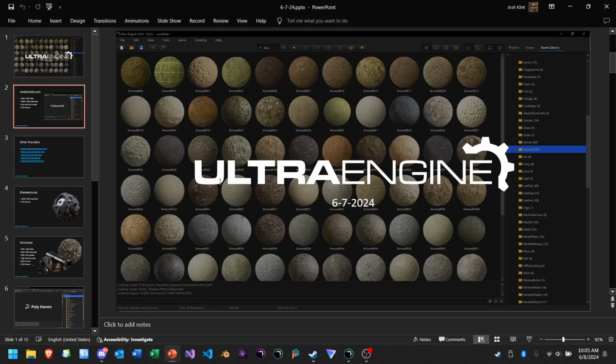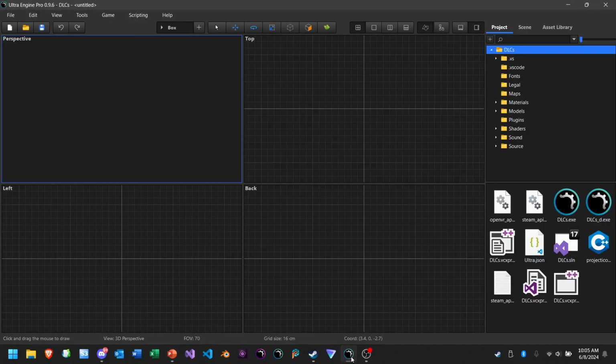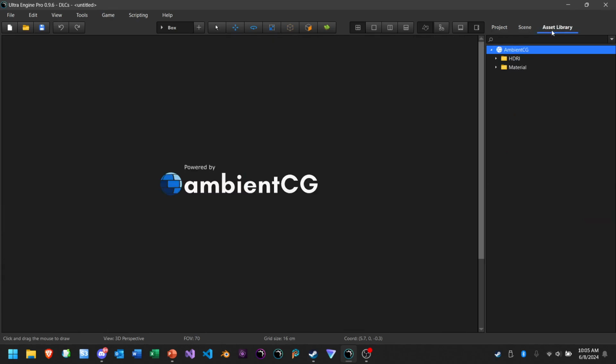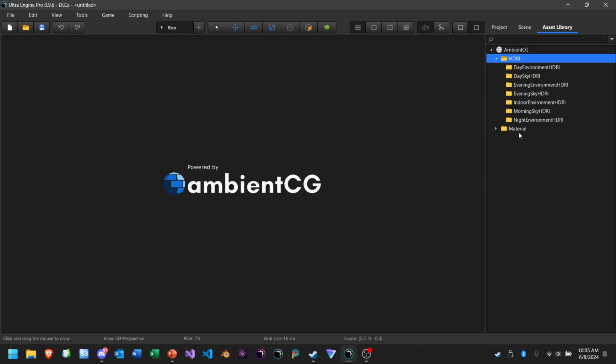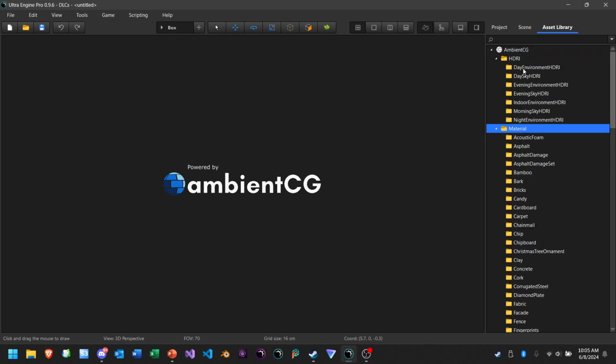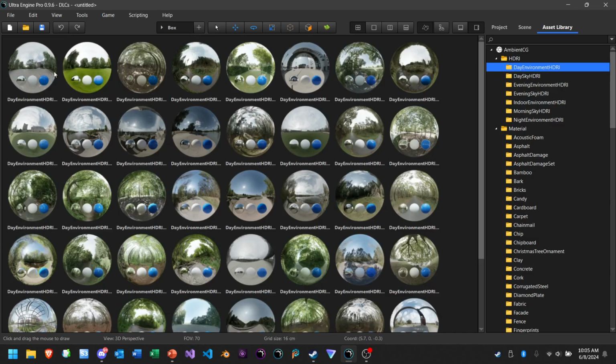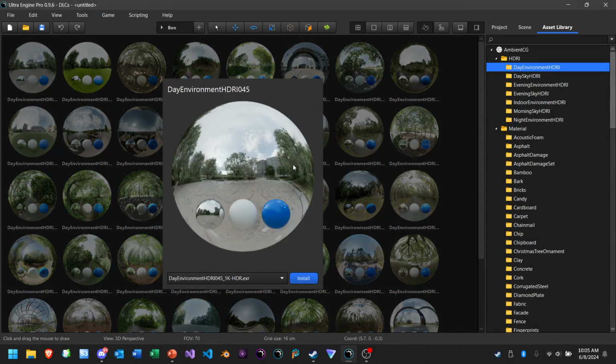And I'll show you it working for the people who haven't seen this yet. We have a new tab over here. This is called Asset Library. It's a little bit of a lengthy title, but that's what we're going with for now. And then this shows you the Ambient CG logo, and then you have these two categories, HDRIs and materials. If we click on any HDRI, it loads the thumbnail, and I decide, okay, I like this one. I'm going to select 2K resolution, press the install button,